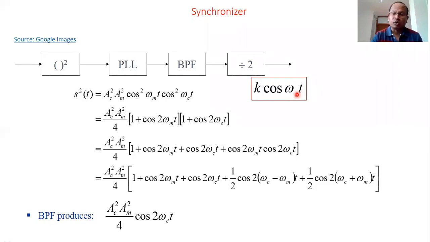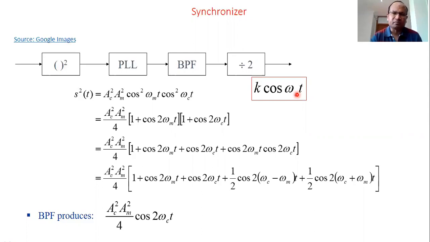That complexity is due to the fact that since we are not sending the carrier, the exact carrier needs to be generated. Otherwise, there would be a problem in recovering the message. And generating the exact carrier signal is a real challenge. When there is any frequency deviation or frequency drift in the carrier frequency, and you use that carrier frequency to recover the message signal, it will cause frequency drift in the original signal, and the recovered signal will not be appropriate.